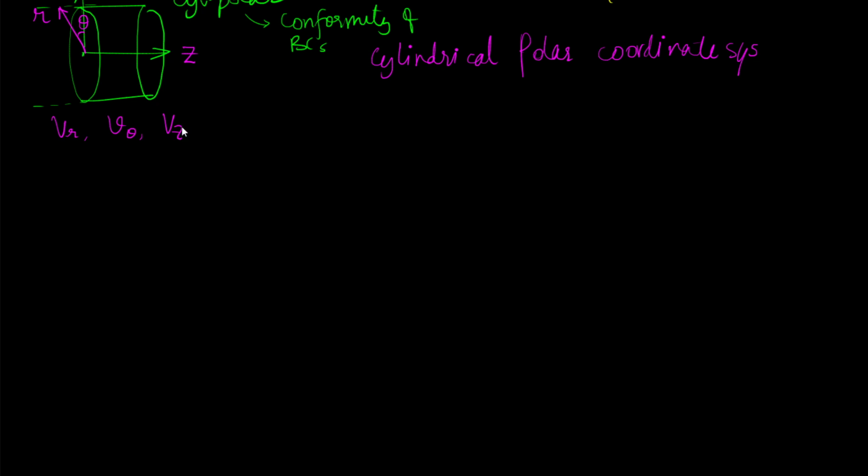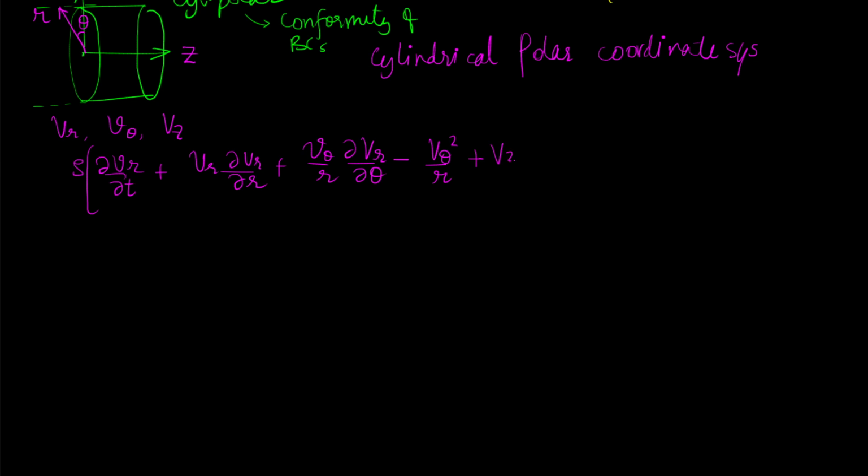So we can write down the equation as rho del Vr del t plus Vr del Vr del r plus V theta upon r del Vr del theta minus V theta squared upon r plus Vz del Vr del z,